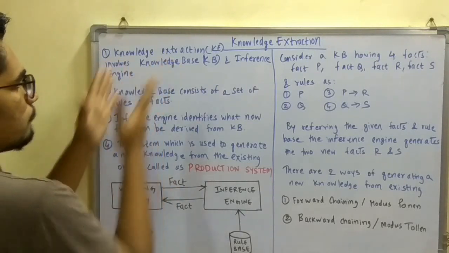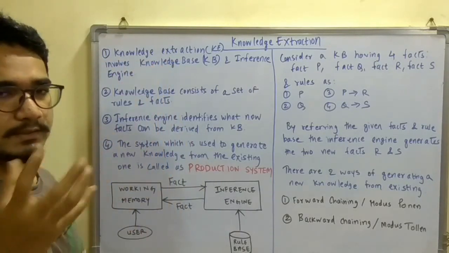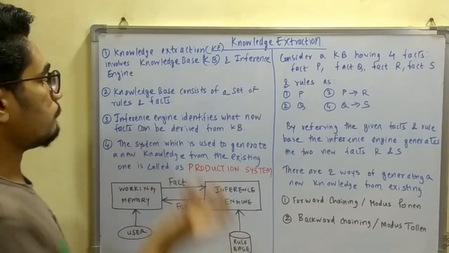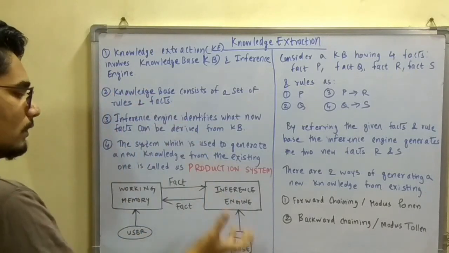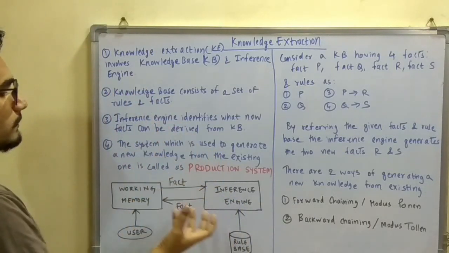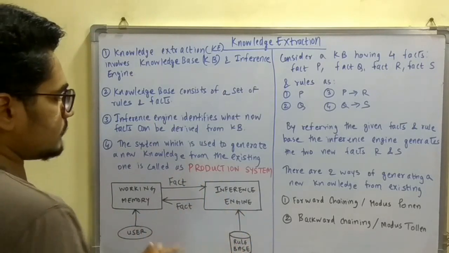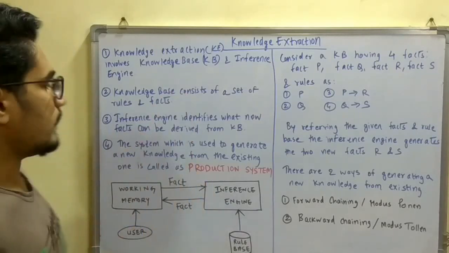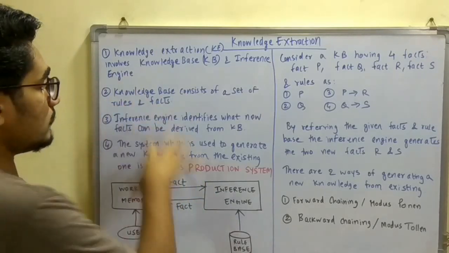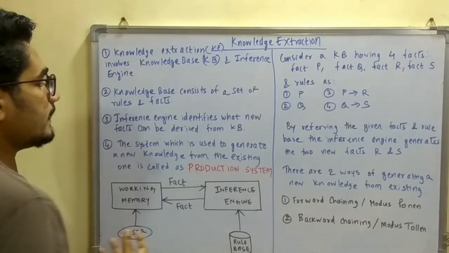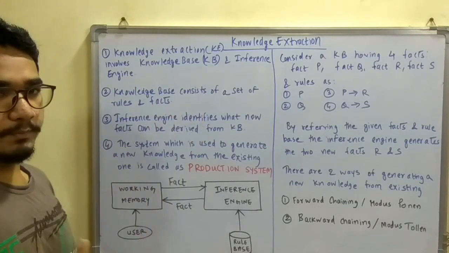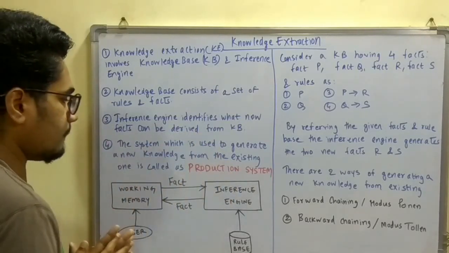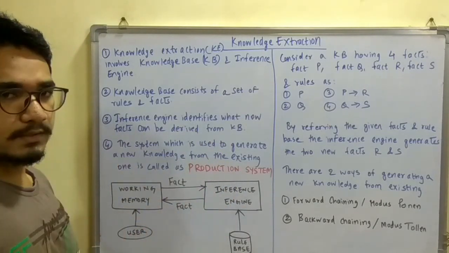Now from the name you can tell that the knowledge base will consist of certain kinds of knowledge. This knowledge will be in the form of a set of rules and a set of facts. So you can load that knowledge base into this, and since in this architecture we have considered only one component of that, that is the rule base, you can load into that. And you have this inference engine. What this inference engine does is identify new facts from the existing knowledge base and derive any new knowledge from that knowledge base. Now this system is a generalized system for knowledge extraction.